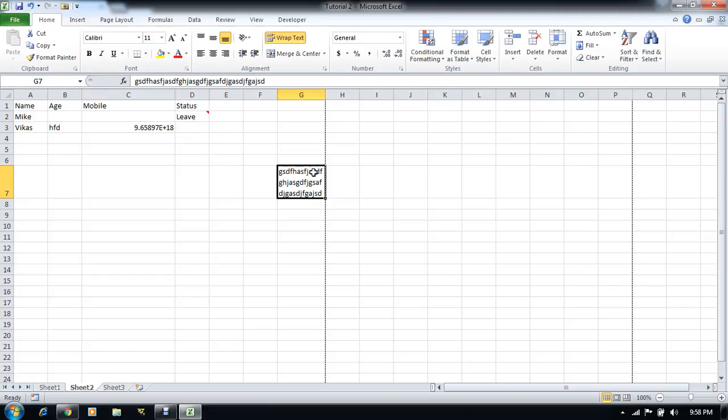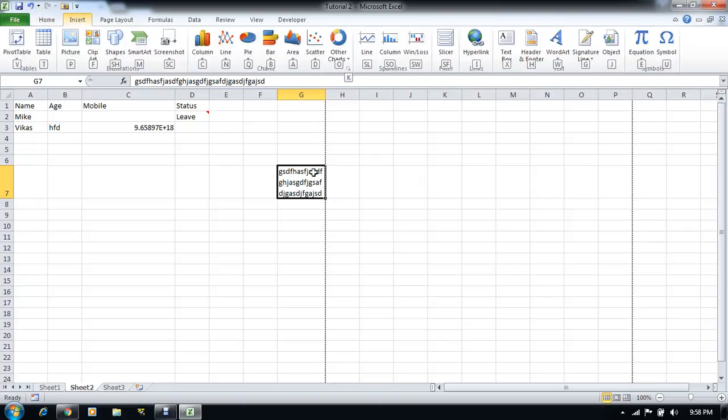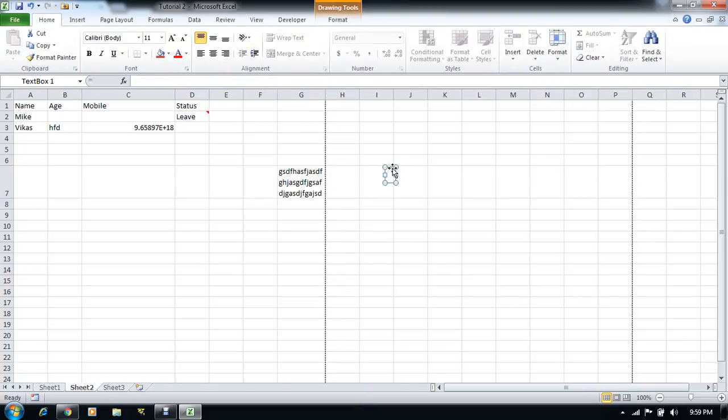For example, if we want to go into the Insert menu, we press Alt and then N, then we can use any option we want. Just for example, we want to add a text box here. You can see Text Box is shown, so we can press X. Then we have to click here, and the text box is here.